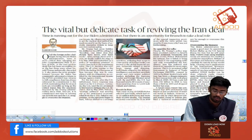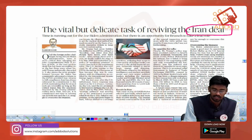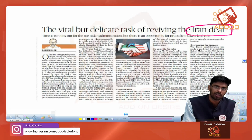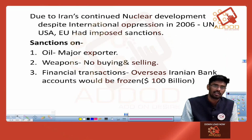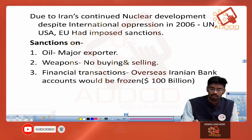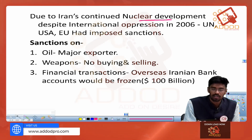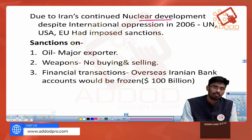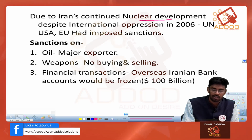So the second article of today's discussion is regarding the Iran deal. This article talks about why Iran deal renegotiation is important. So first, let's talk about the Iran deal and its background. Iran has been developing nuclear related materials even when the whole world is against this. So despite international